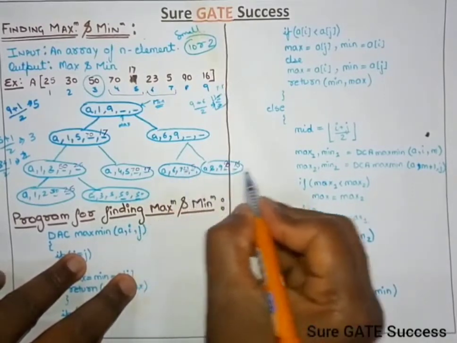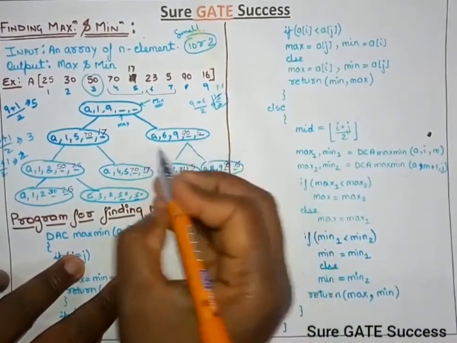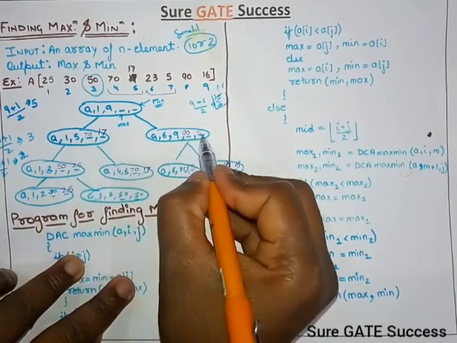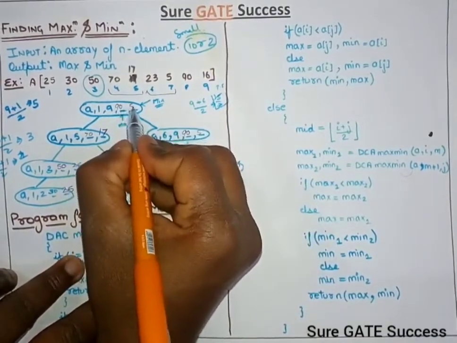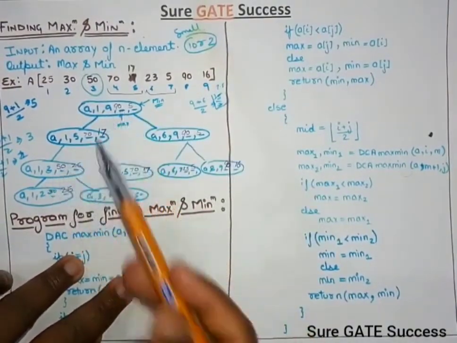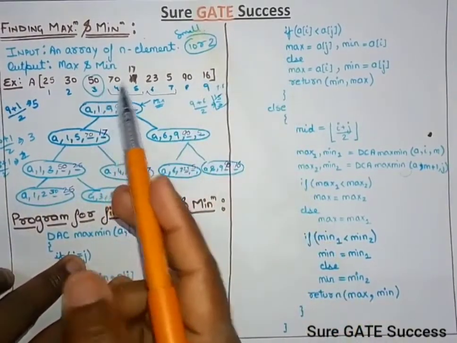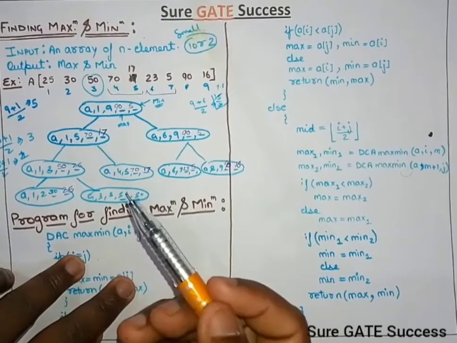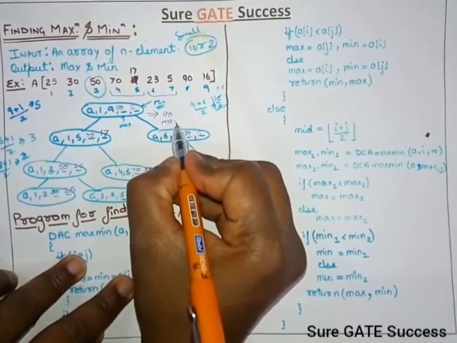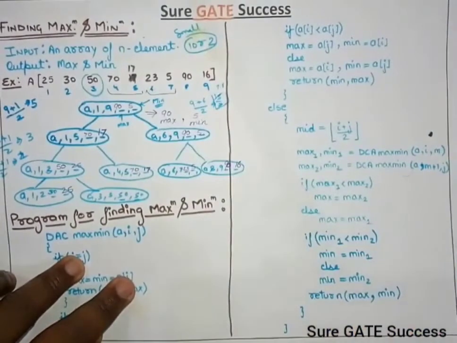Combine the result among all those four, which is the maximum? 90. Among all those, which is the minimum? 5. Now combine the result of this. What will be the maximum? 70, 17, 90 and 5. So 90 will be the maximum and 5 will be the minimum. So how we are going is, we have firstly divided them into sub problems of either one or two elements. Then we have combined so that we can have the proper answer. So the final solution is what? 90 is the max term and 5 is the min term here.